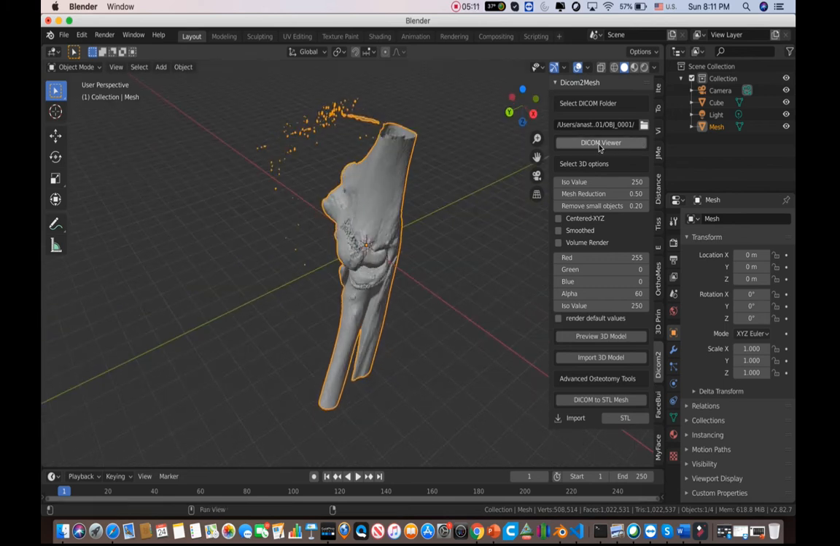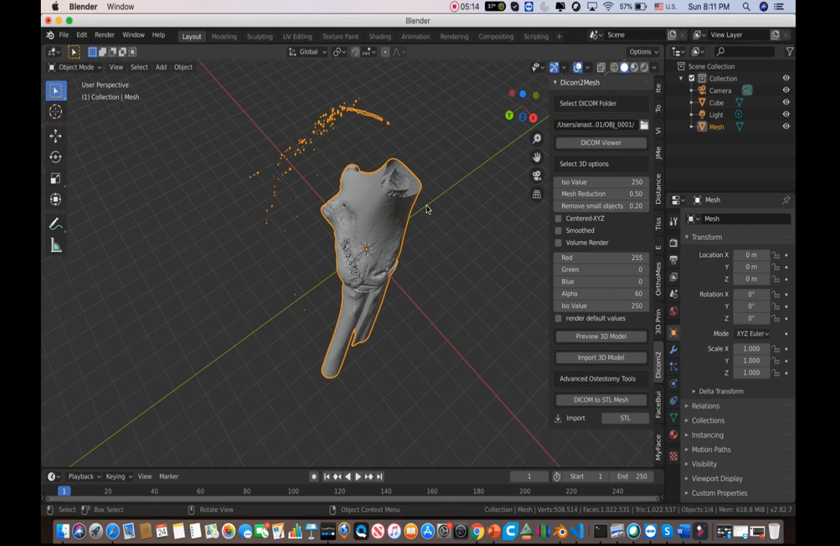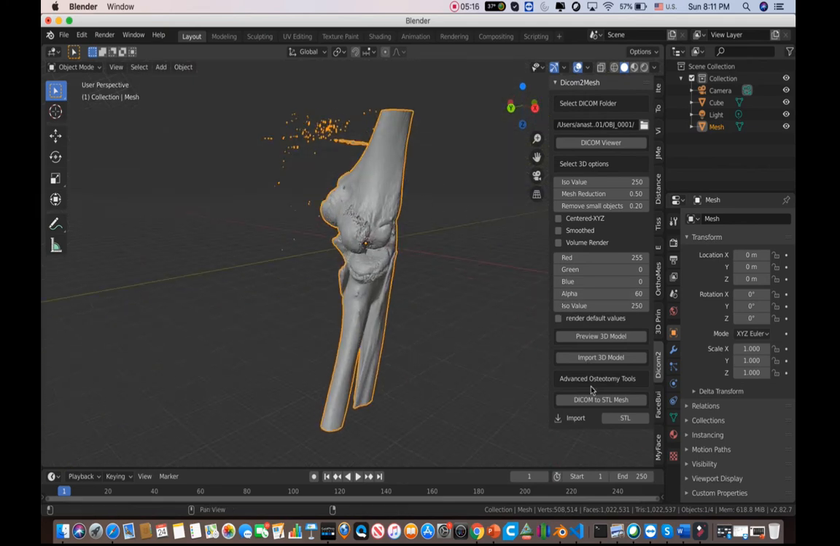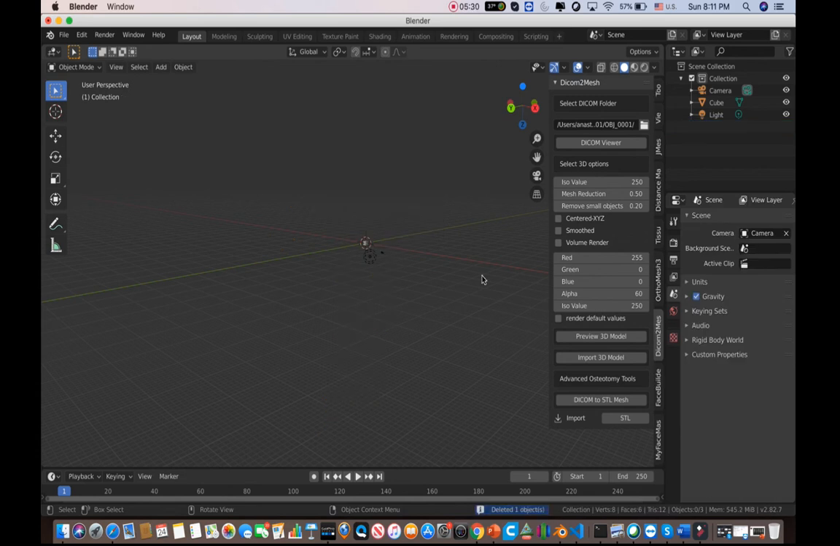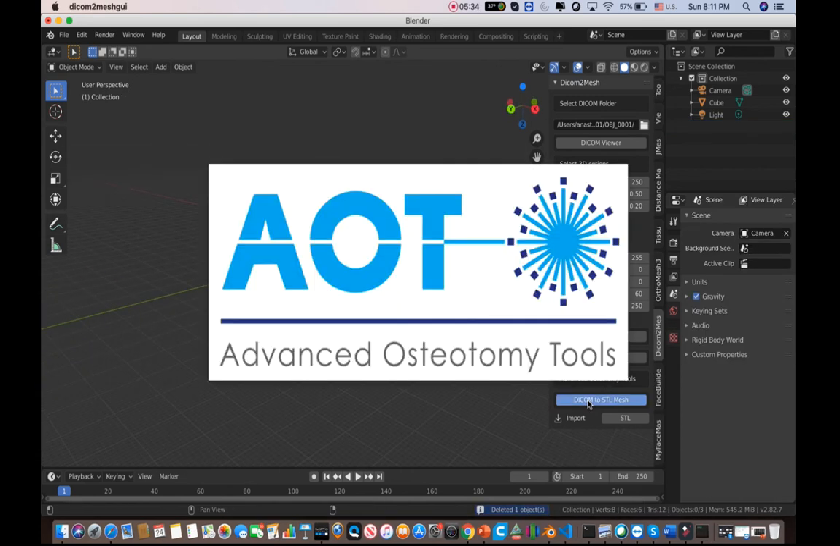I have added a Dicom viewer so you can preview the Dicom series. And again, you can always use the Advanced Osteotomy Tools interface to do this process, and I'll show you how. So I'm going to delete this, and I'm going to go Dicom2Mesh,